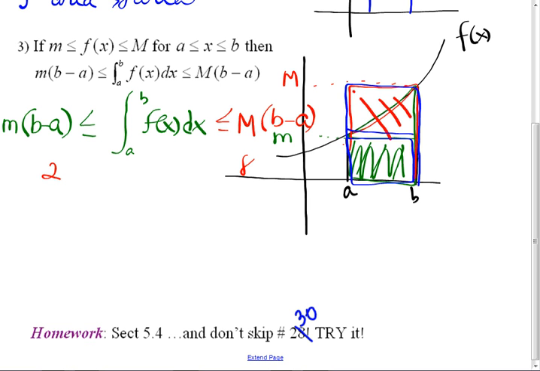Do you think that there's some place in here that the area of my rectangle is exactly equal to the integral? Yes. The area that you start from here to here, that's a continuous function. Areas can't just jump from 2 to 8. So we'll call that C. So then the integral from a to b of f of x dx has to equal